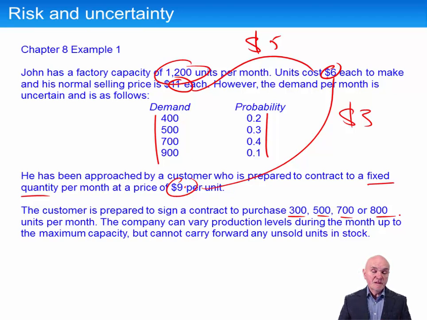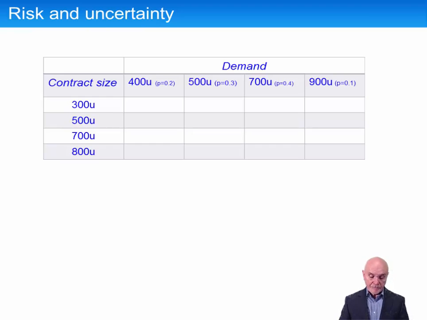In these situations, what you must always start off with is what's called a payoff matrix, which displays all the possible profits or outcomes that can occur. So here we have the ordinary customers demanding 400, 500, 700 or 900 with these probabilities that we'll use from time to time. And here we have what John could sign up for the special customer. So I'll put a few of these on, and then I'll let you try to work out the others yourself. I'll just get you started on the first, maybe part of the second lines here.